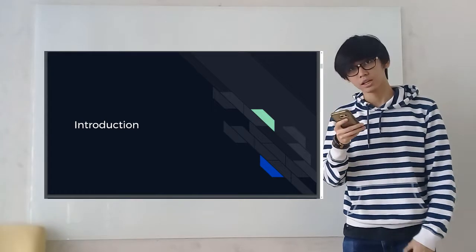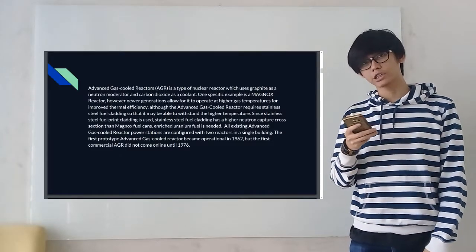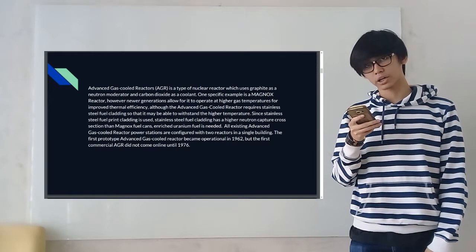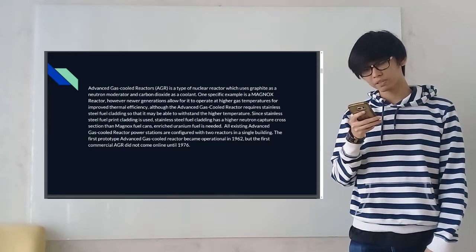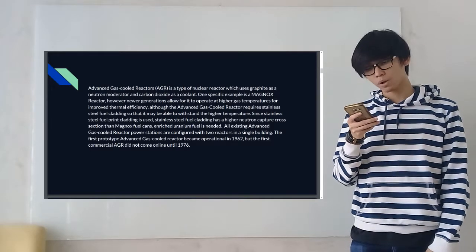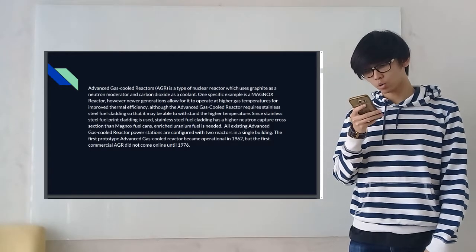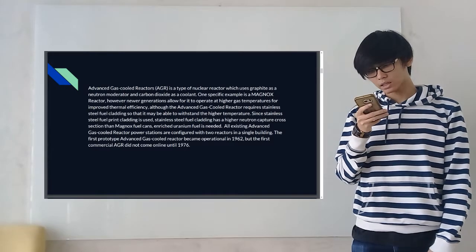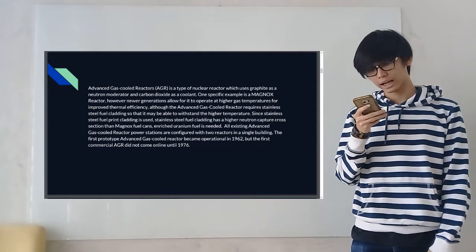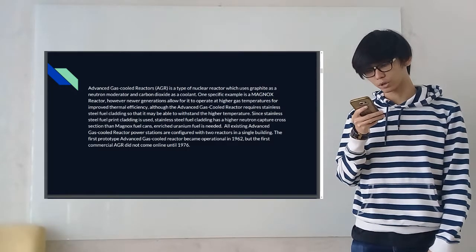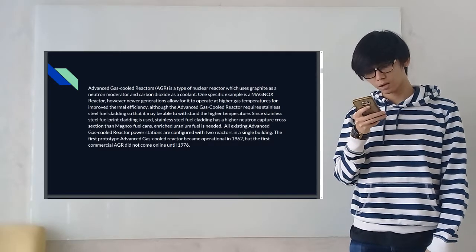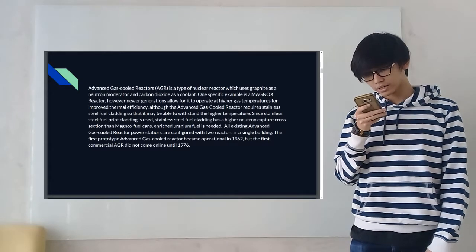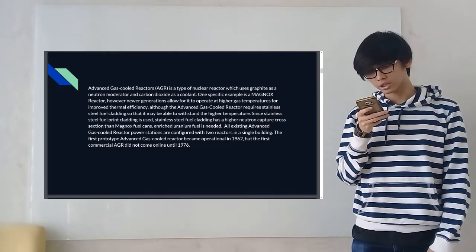For our introduction, the advanced gas cooled reactor, or AGR, is a type of nuclear reactor which uses graphite as a neutron moderator and carbon dioxide as a coolant. One specific example is a MAGNOX reactor. However, newer generations allow it to operate at higher gas temperatures for improved thermal efficiency. The advanced gas cooled reactor requires stainless steel fuel cladding so that it may withstand a higher temperature. Stainless steel fuel cladding has a higher neutron capture cross section than MAGNOX